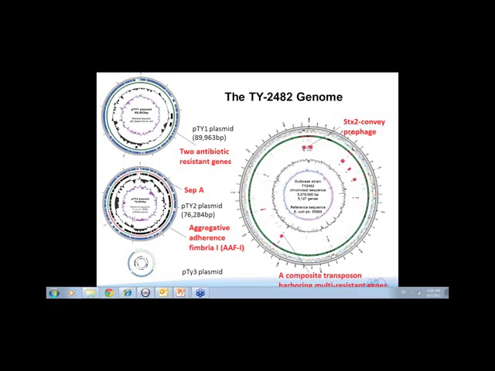The bigger plasmid here is highly homologous to a previously sequenced plasmid isolated from a horse and carries additional multi-drug resistant genes. The smaller plasmid carries only 2 genes, one of which encodes a DNA replication protein. The other carries the aggregative adherence fimbria, AAFI gene cluster, which is associated with E. coli aggregation ability and virulence.